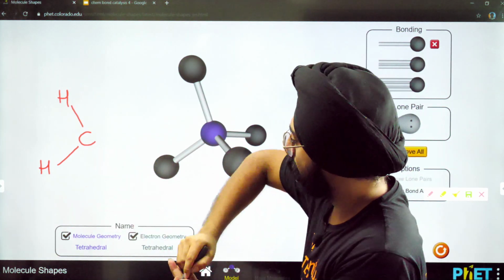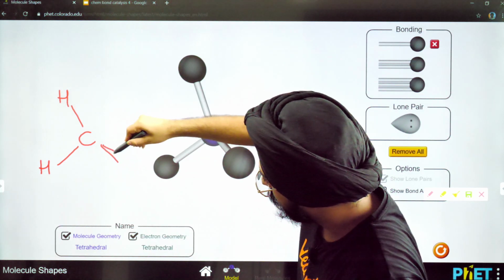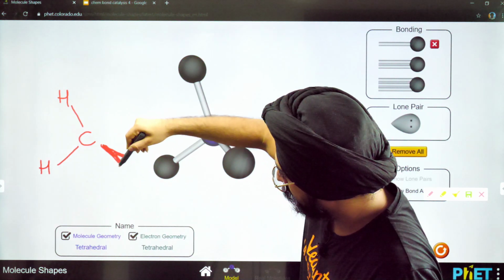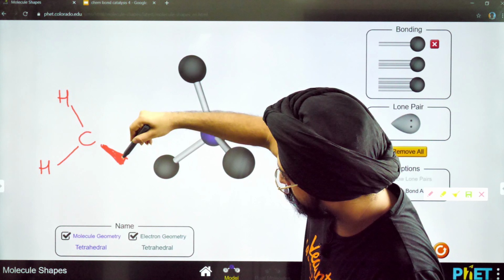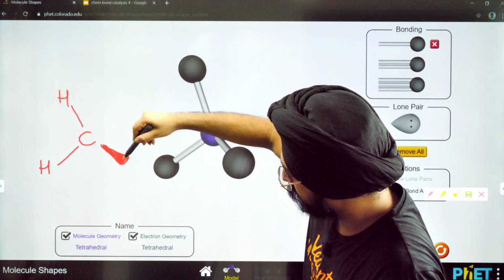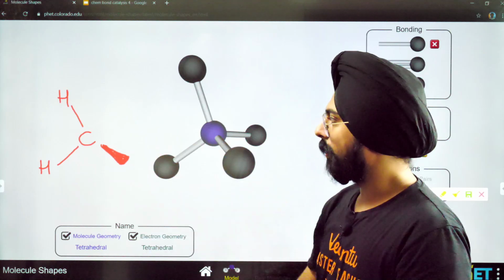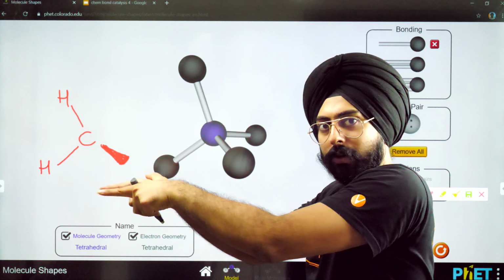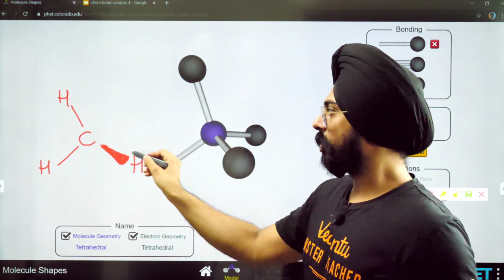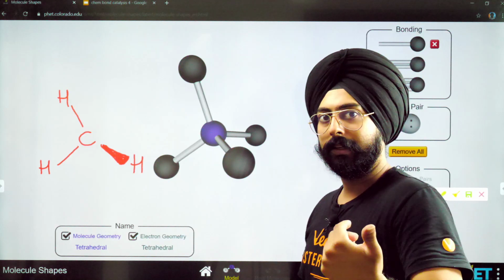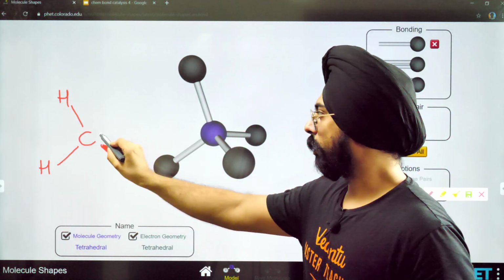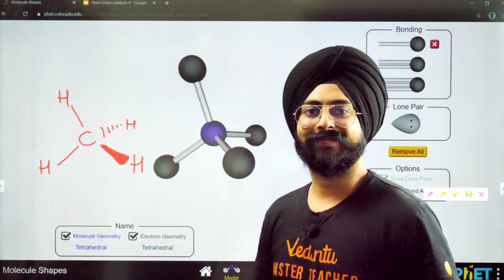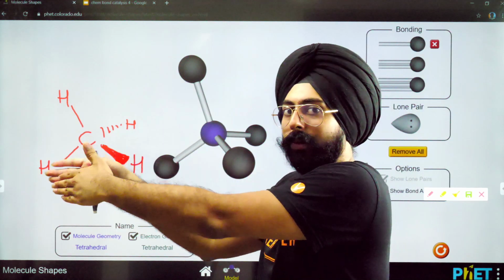Okay? Let me try to make it as neat and clean as possible. You can make it like this. You can make a bond which is a little bold, that is getting bolder as you go outward, and you can put a hydrogen over here. So this bond means that it's coming out of the screen. And the bond at the back, you can draw it something like this. A dashed bond that is tapering away from you.